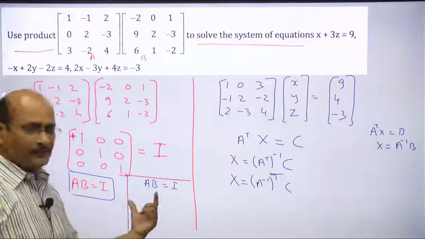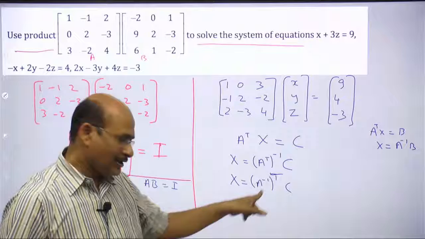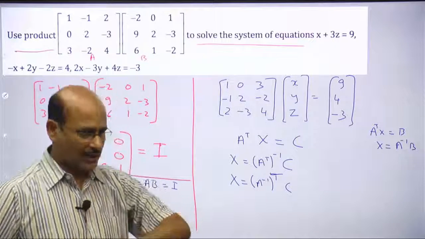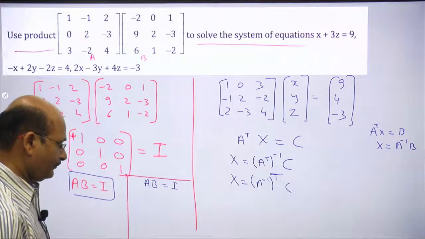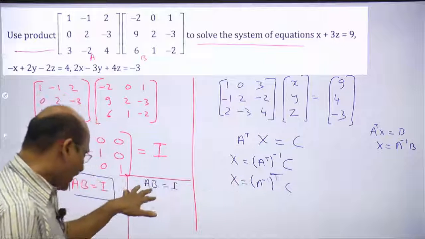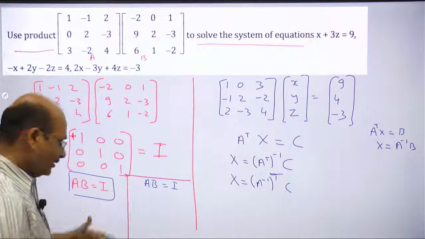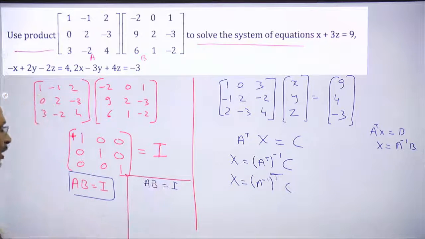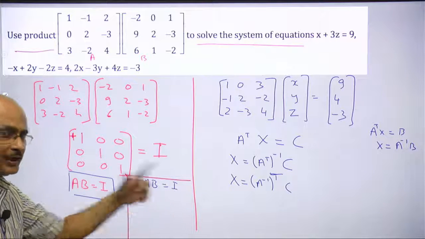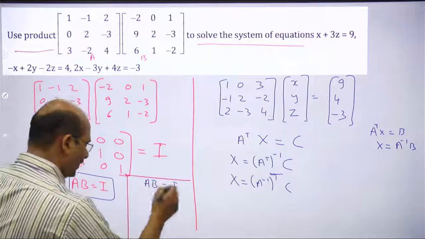I have to use this product to get the inverse, because its transpose will be done in 2 minutes, right? Now wait. Can you find the inverse from here? Now I have AB is equal to I. Think properly. So what will A be? B will be